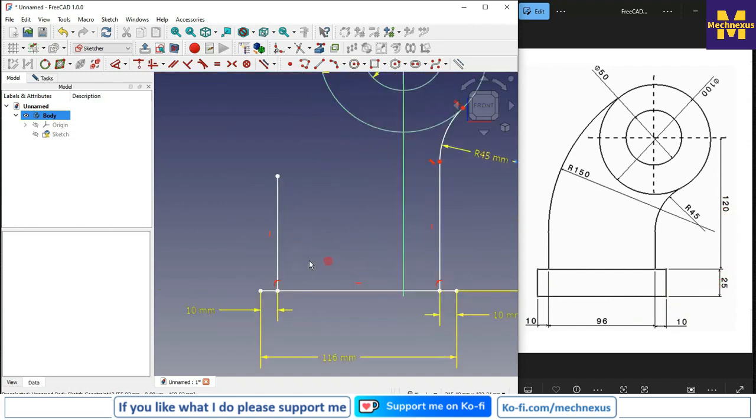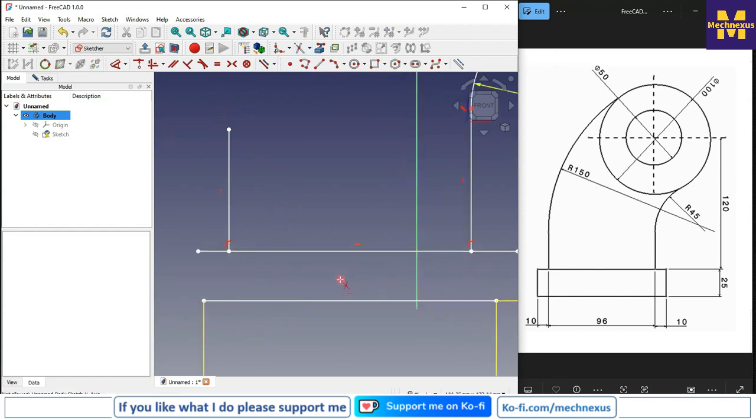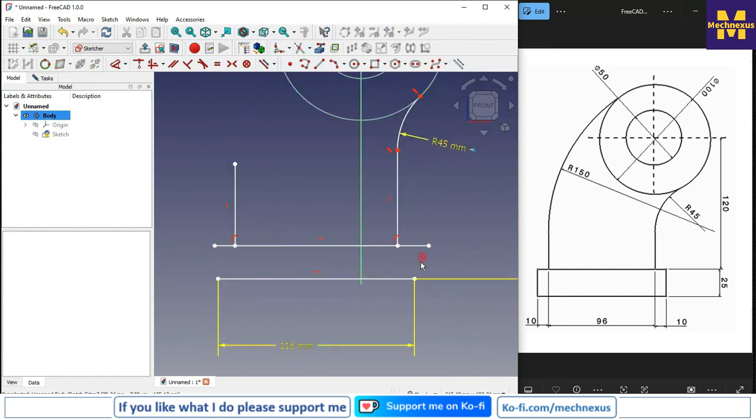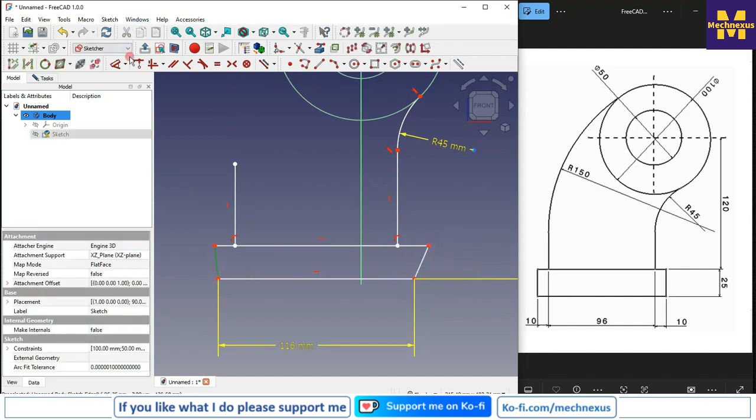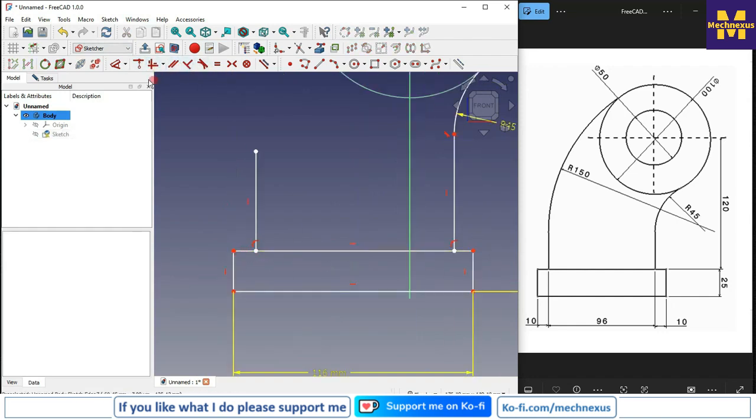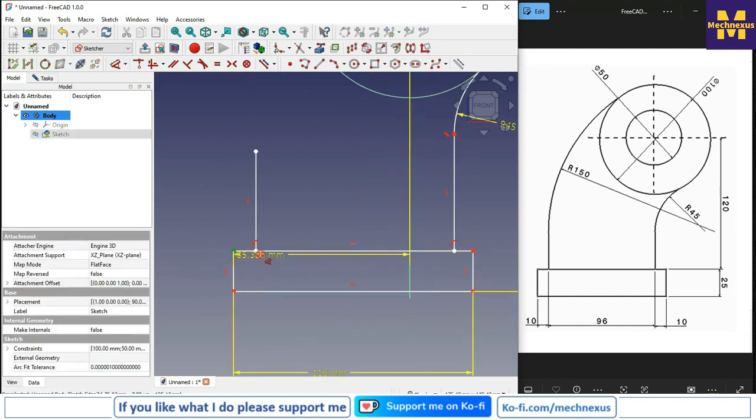So here we will do one thing, we will select a line tool and draw a line, and we will use the trim options to trim this extra geometry. And now we will select the two vertical lines and connect them. Select this and this. Now we will make it vertical and we will make it vertical. And now here we will again give the dimensions